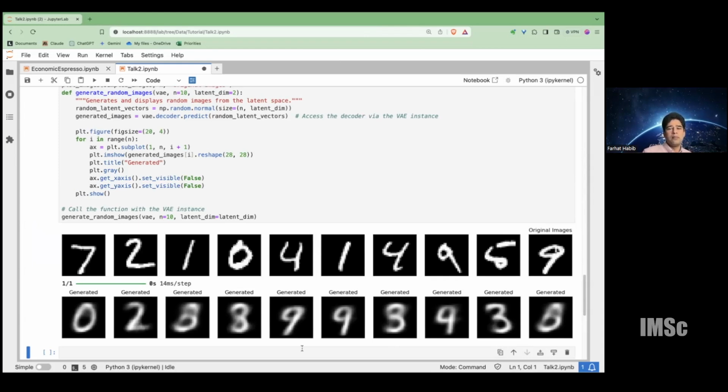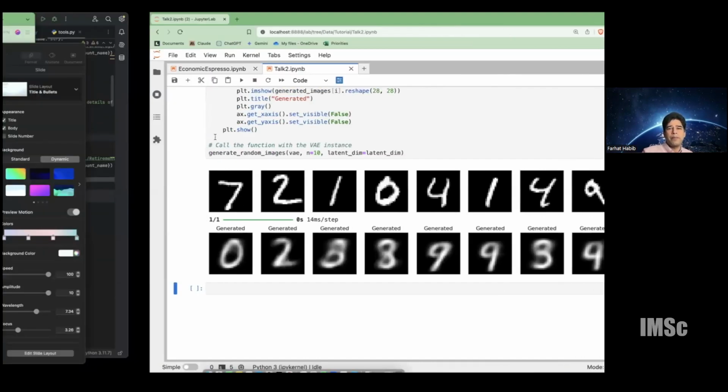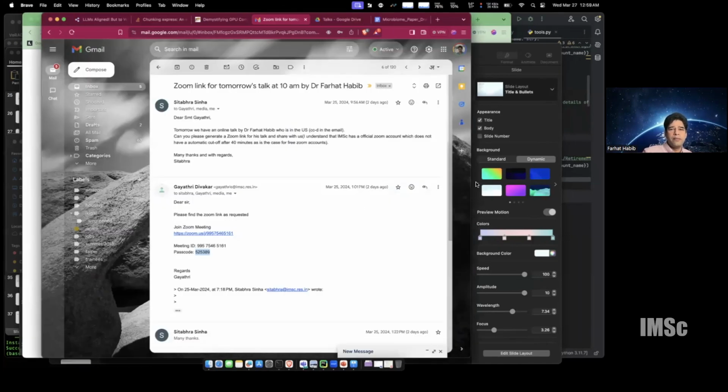And if we had trained more, or if we had a larger data set to work with, we would possibly have gotten better results. But some of the advantages of variational autoencoders are that they're reasonably fast to train because they're neural networks, you can train them on GPUs and so on. And the results are fairly good, at least for certain kinds of data sets. Okay. Any questions here?